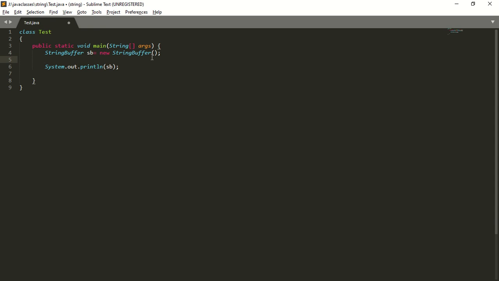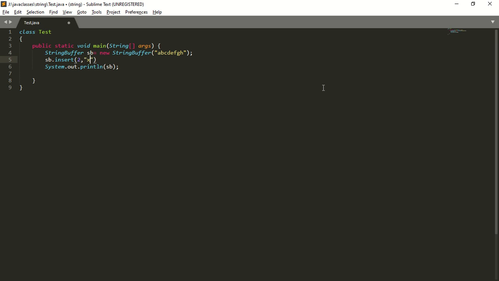StringBuffer sb is equal to new StringBuffer of, so what we have taken, A, B, C, D, E, F, G, H. Next, sb dot insert at second index. What we are inserting?